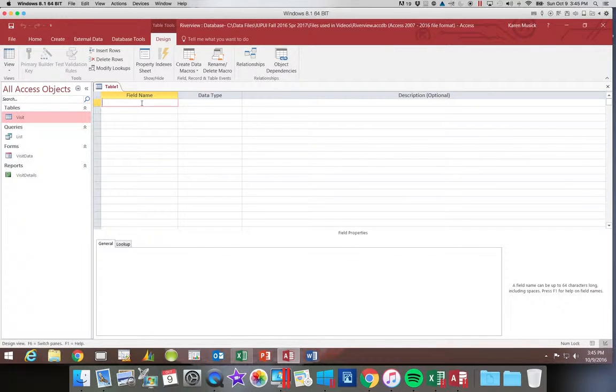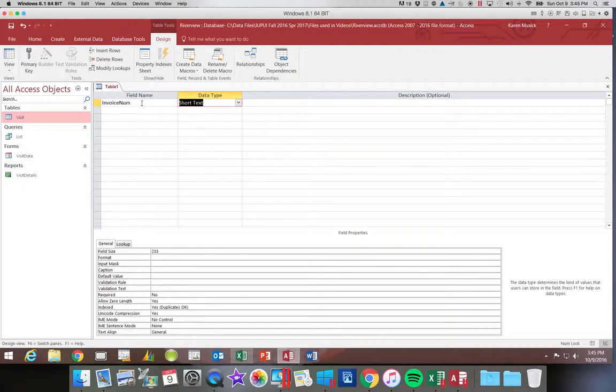So we're going to start out with our first field. It's going to be called Invoice Num, and it is a short text field. So I'm going to go over to the data type. You get a drop-down list here of all of the options. We're going to choose short text,